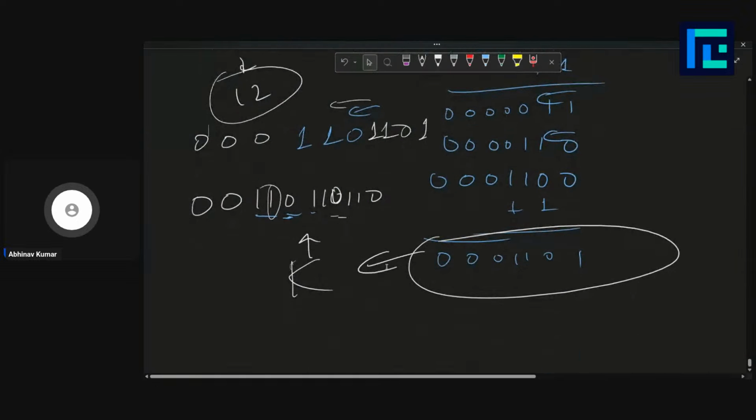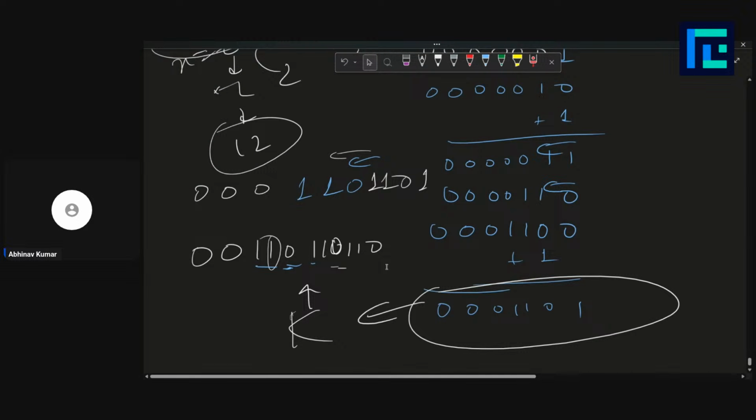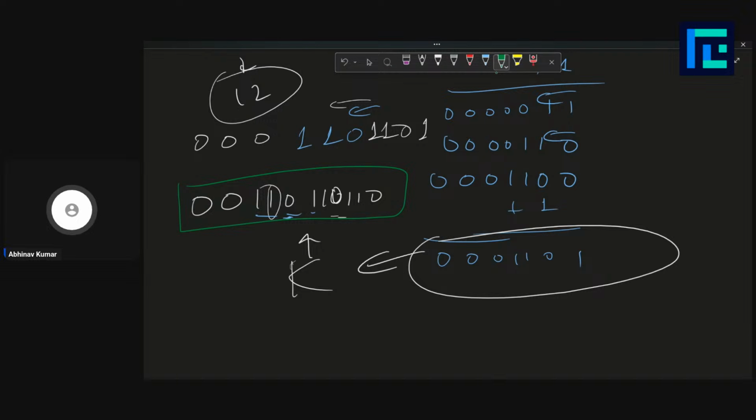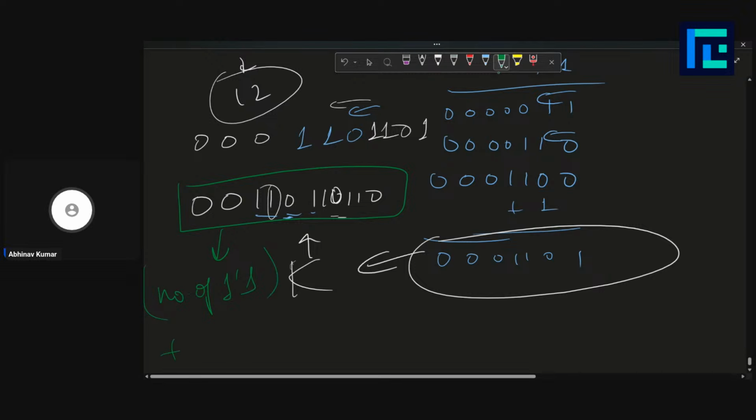Okay. So if till here it is clear, now there is one small issue with this thing. Let's say I'm telling that the minimum number of ways to reach here is, whatever is the highest bit, that many times you would have to do a left shift, and how many times you have one, that many times you would have to do a plus 1 operation. So for this we can say that the minimum number of operations is the number of ones in this binary representation plus, you can say, the MSB, the most significant bit, that many left shifts would be required. But